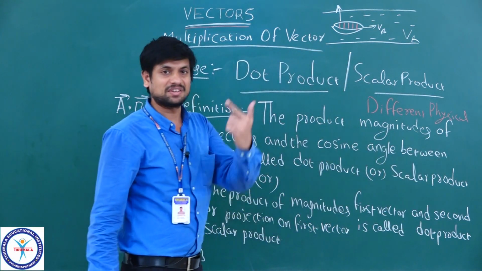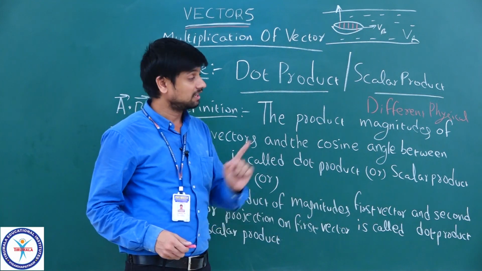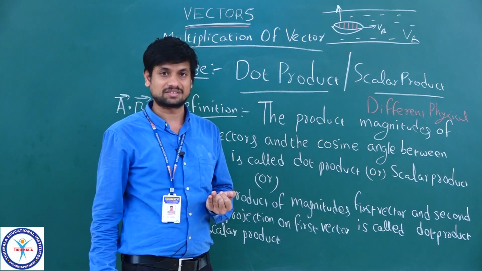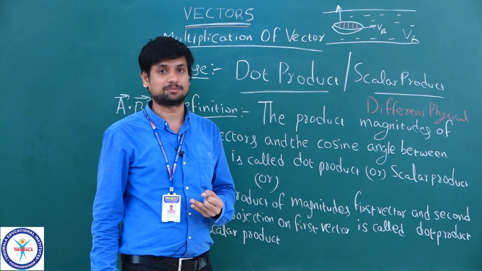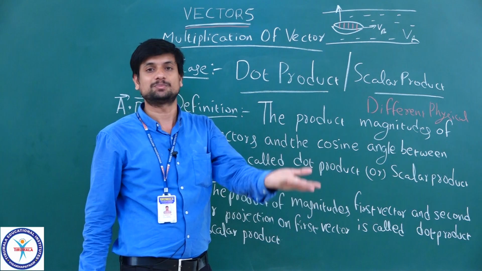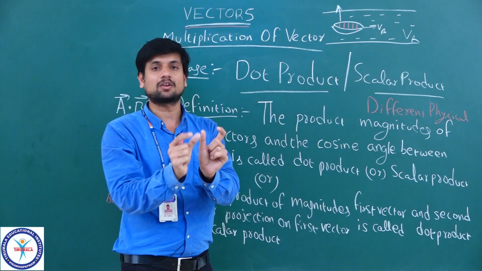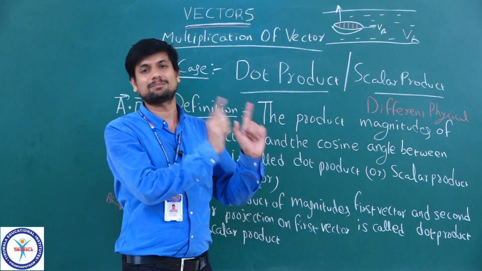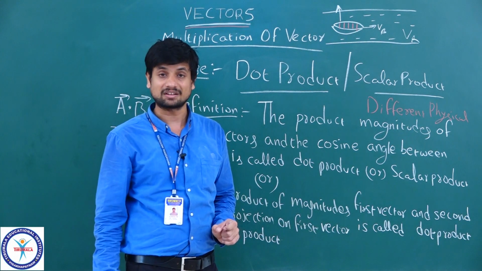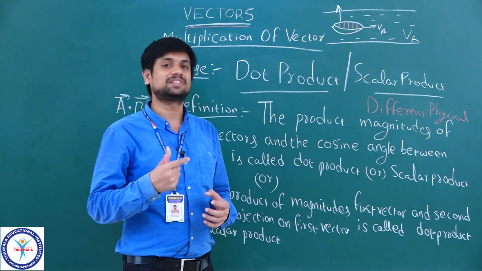But coming to the previous operations, addition and subtraction, we should not apply them for different physical quantities. Here we can apply. I can multiply force and displacement. Did you understand? I can multiply force and velocity, so that a new physical quantity is obtained. But in addition and subtraction, the same physical quantity should be taken, and the output is also the same kind of physical quantity. Velocity plus velocity gives you velocity, not momentum. Did you understand?